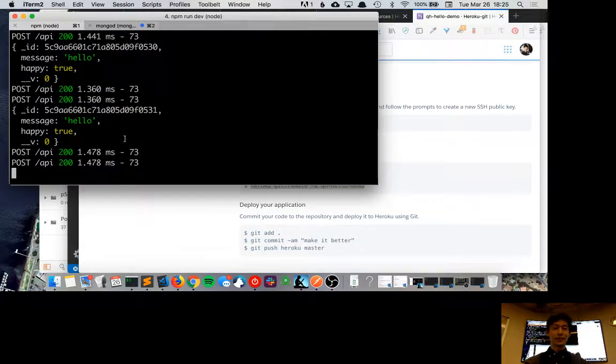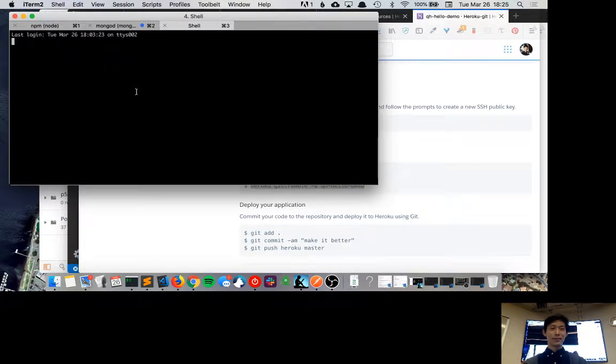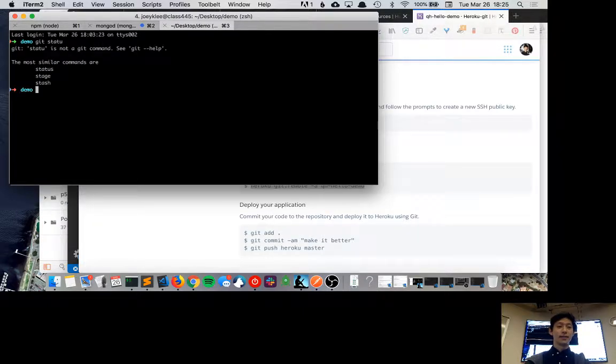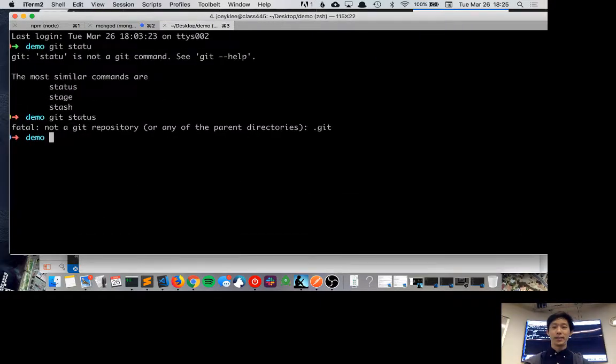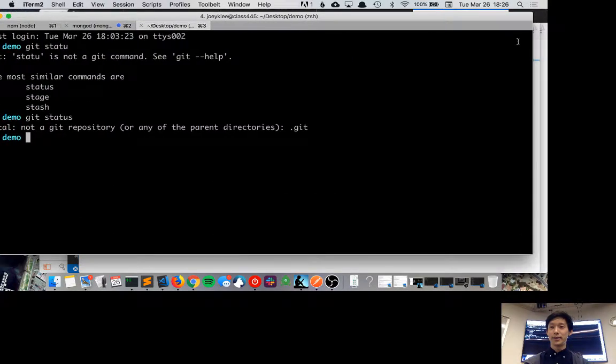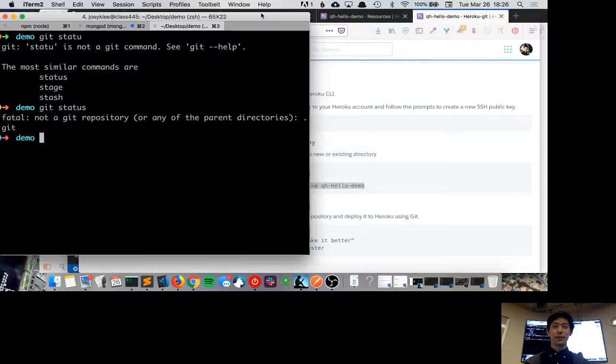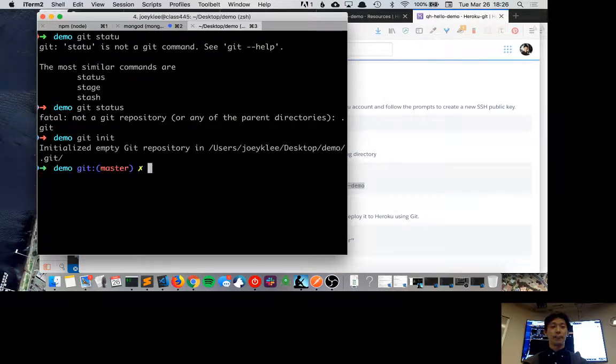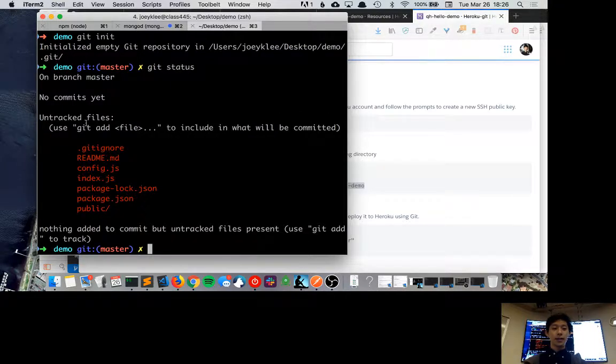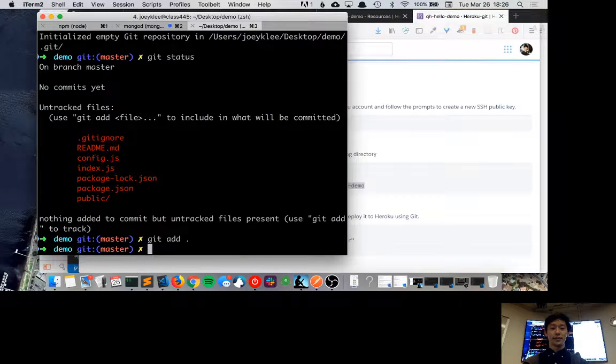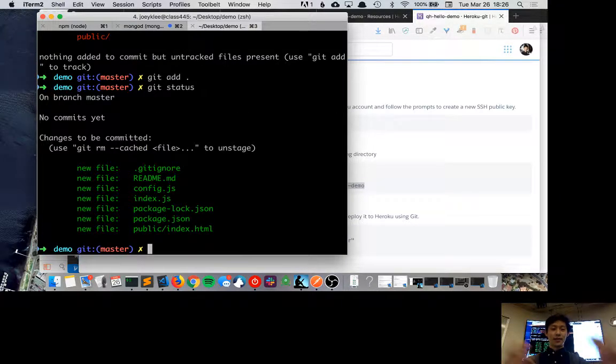Oh shoot, okay. So we're going to do some git stuff here. So git status, git status. It's not a thing, uh-oh. So what we're going to do is git init. If we do git status, it's going to be like, oh, there's all this stuff. All right, git add all. Git status again, all this green stuff. Git commit -m